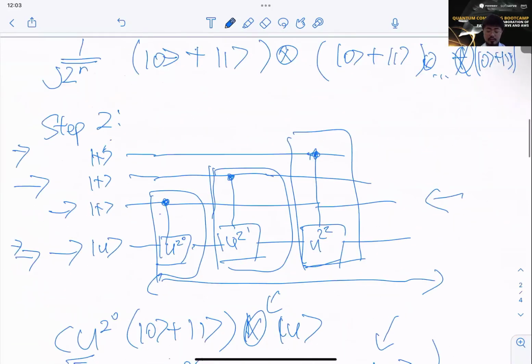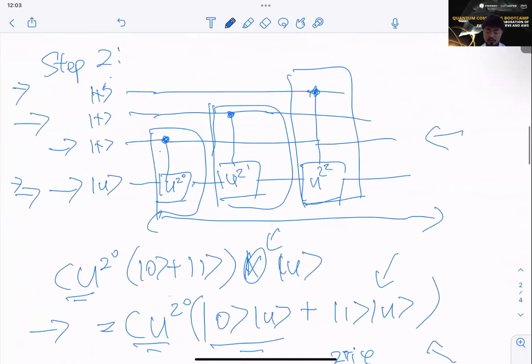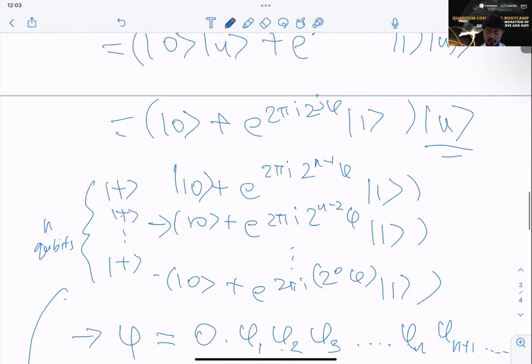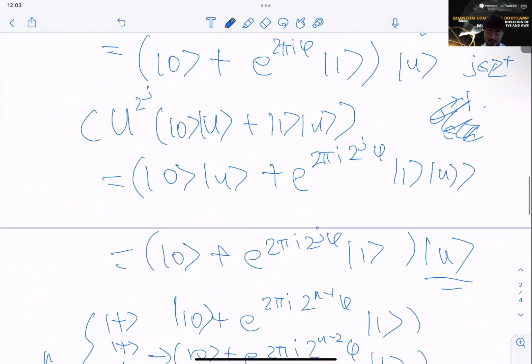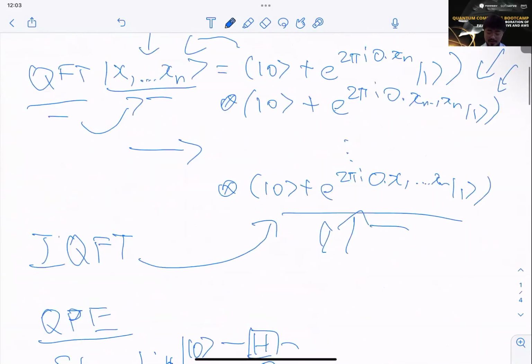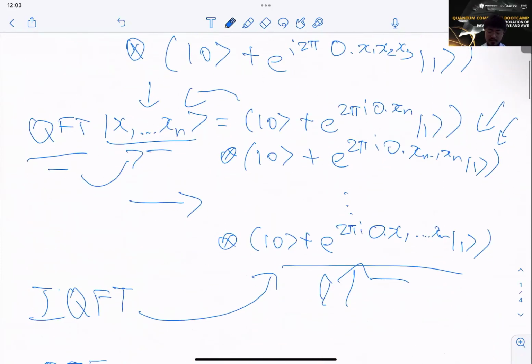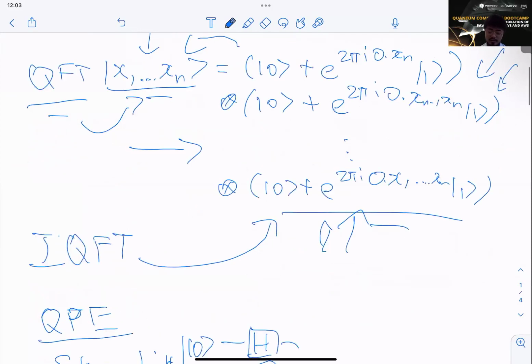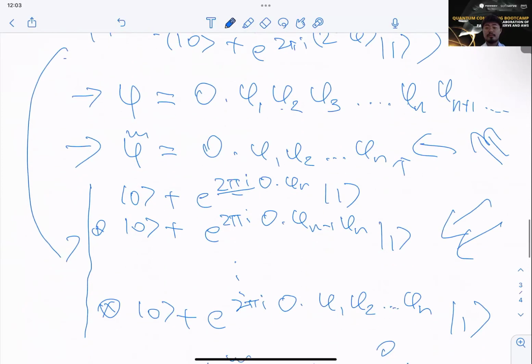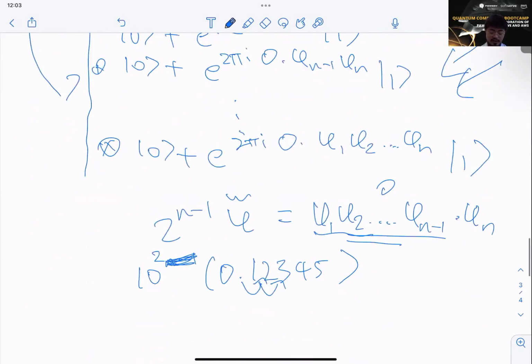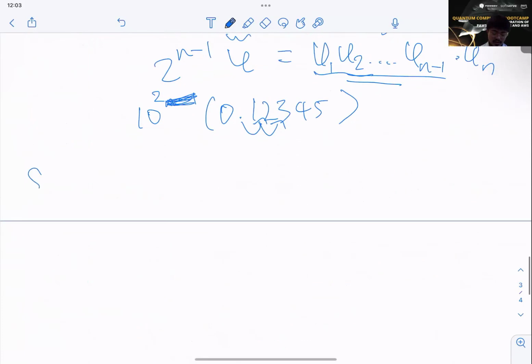And now, after performing step 1 and step 2, we get something that looks really, really similar. You notice this one is 0.xn minus 1 xn, 0.xn, 0.x1 dot dot dot xn. We get the exact same thing over here. And so what we do for step 3, as we have established earlier,